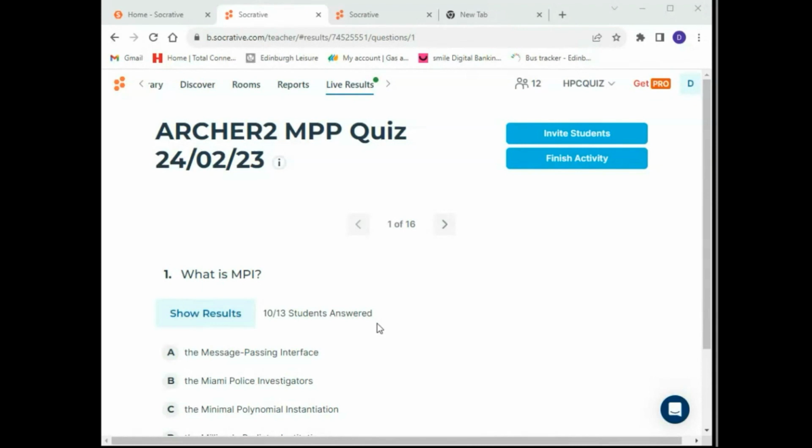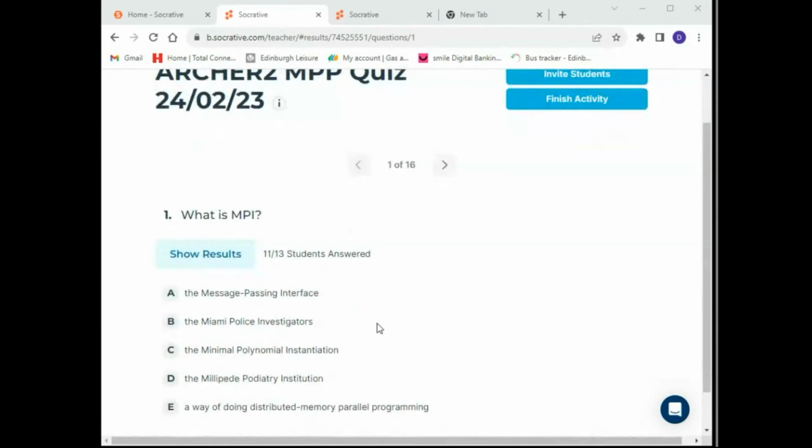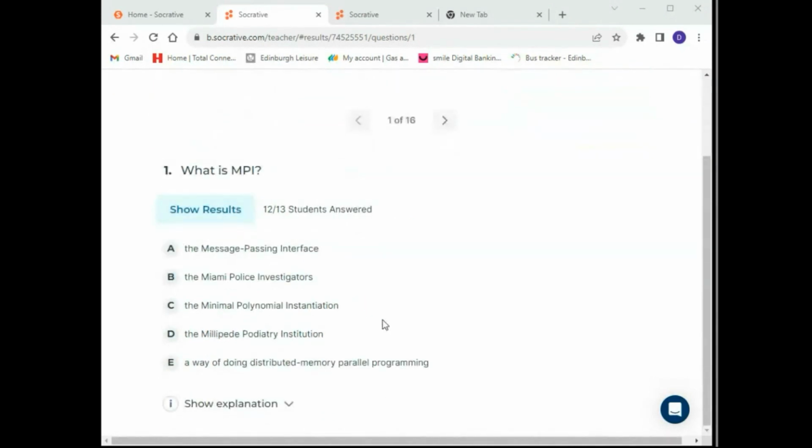So the first question here is, what is MPI? I would say before we do this quiz, there are no trick questions, other than maybe one, but there are no stupid answers. These questions are deliberately designed to promote discussion, and almost every answer I offer, other than this one, is a valid answer for a message